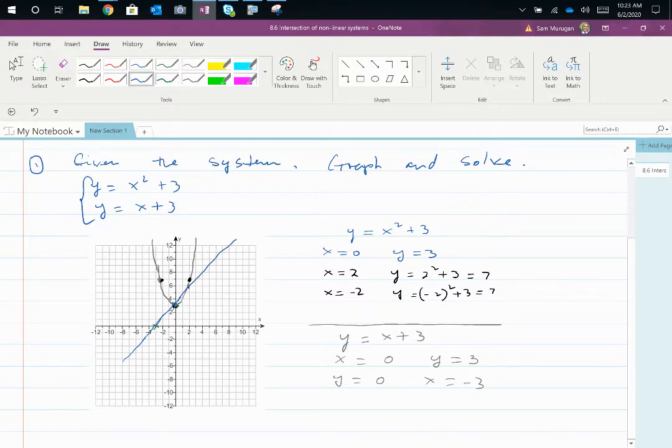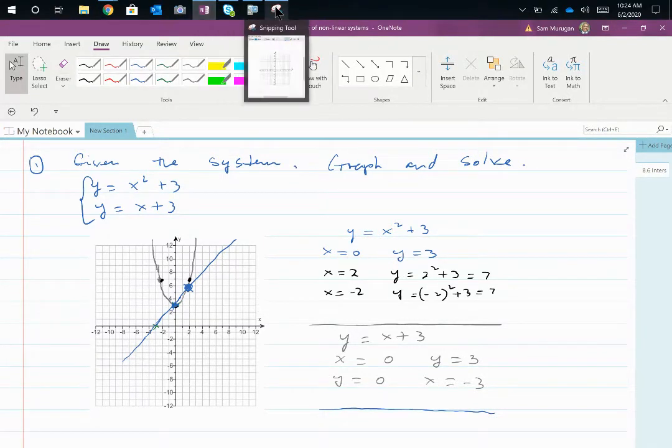Now, the points of intersection of this graph is the solution to it. And sometimes we can't see where those points of intersection are, okay? But we know that it intersects at 0 and 3, and at what looks like, I don't know, 5 and 2. So what we're going to do first, we're going to do a couple of things. First, I want to make sure that you know how to graph this